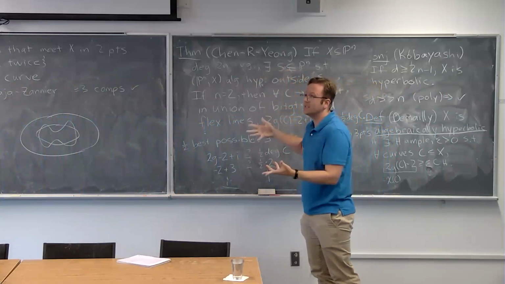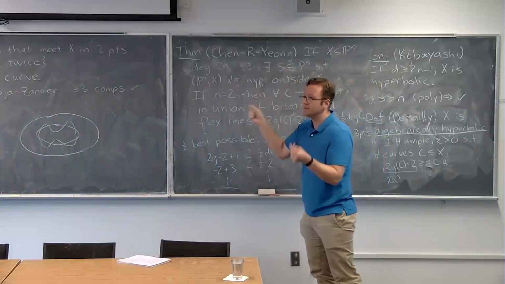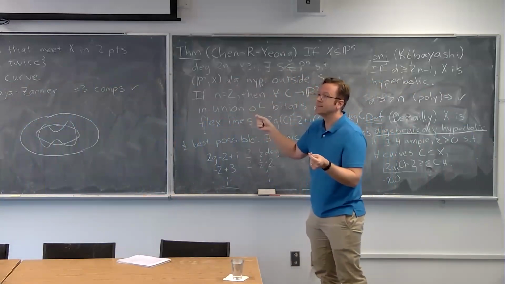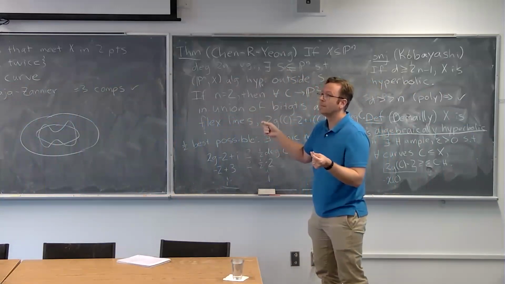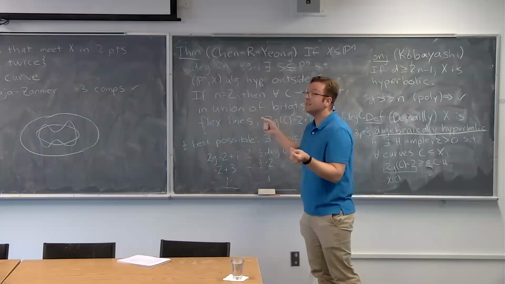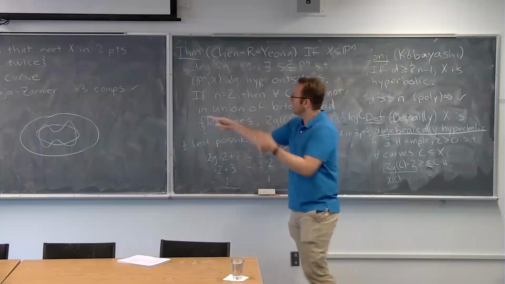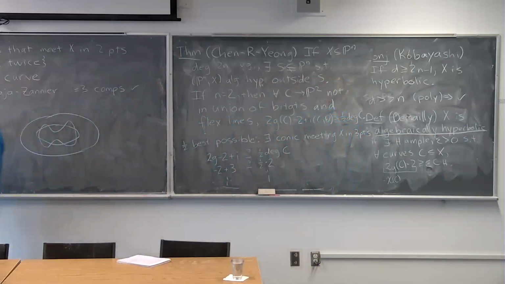Like, we can't take S to be the empty set because we know there have to be these lines that meet it twice. Yes, but could you take S included in X? No, these bitangent lines are not included in our curve. Right, they're outside of our curve, so S has to contain these bitangent lines. So your theorem is relative. You cannot have a kind of absolute version of your theorem somehow.